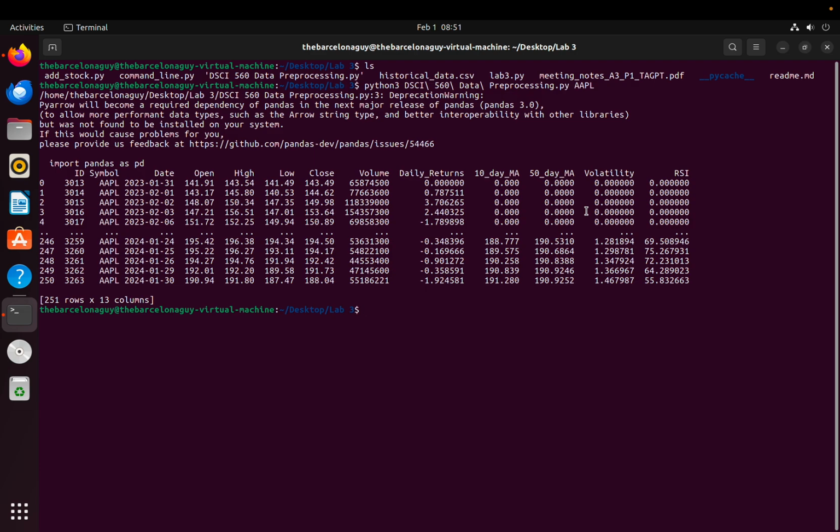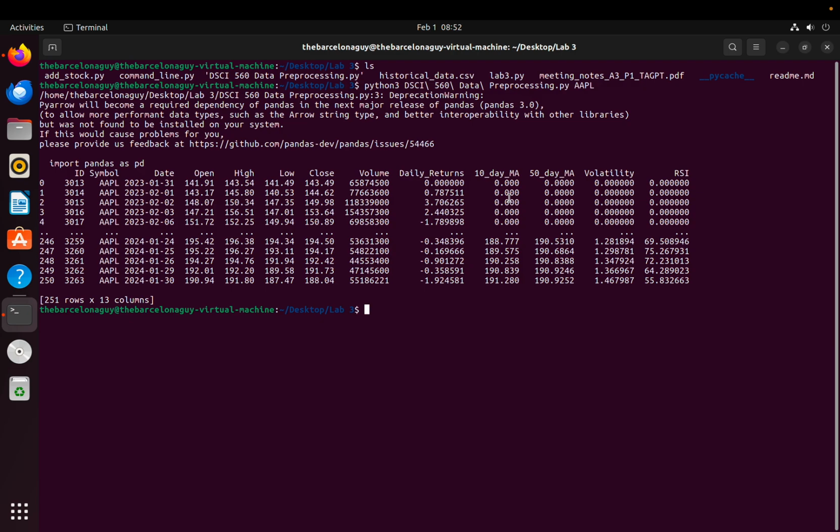We have also calculated something called daily returns. So daily returns measure the percentage change in a stock's price from one trading day to the next. So how is this useful? It provides insights into the short-term price movements of a stock. It also helps in analyzing historical daily returns, helps in identifying trends, patterns, and volatility in stock prices. By understanding how a stock's price has fluctuated in the past, investors can make more informed decisions about potential